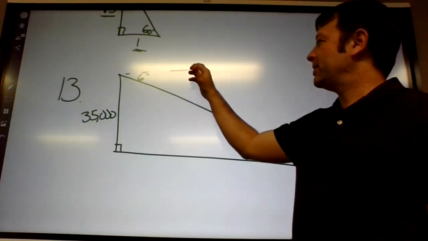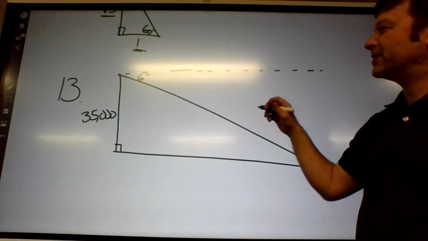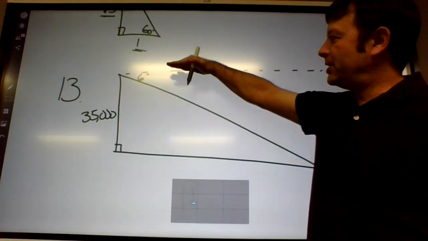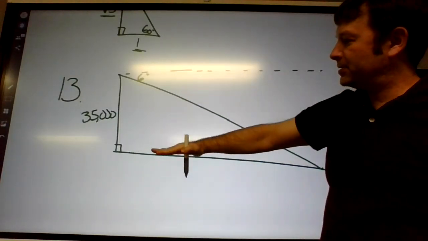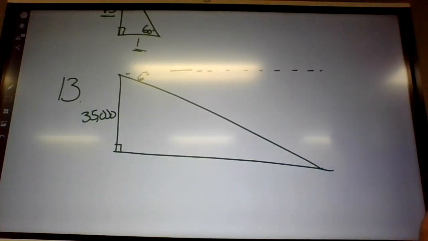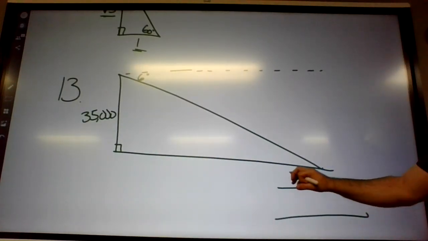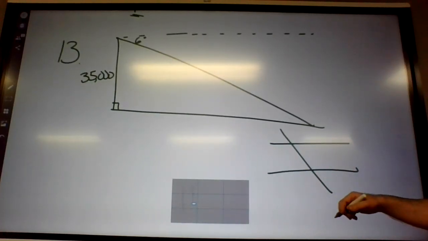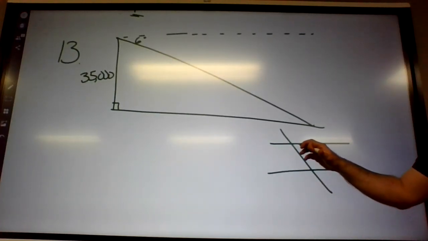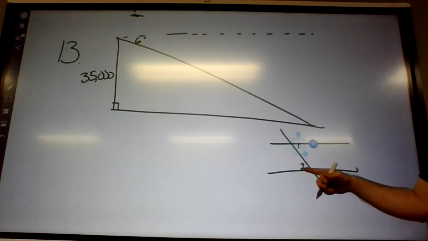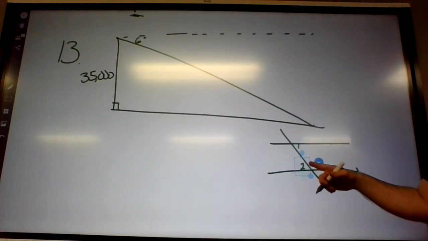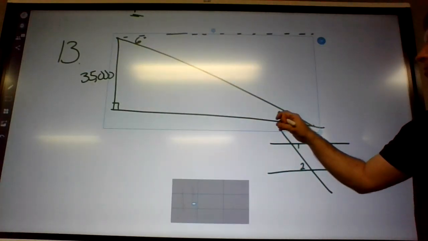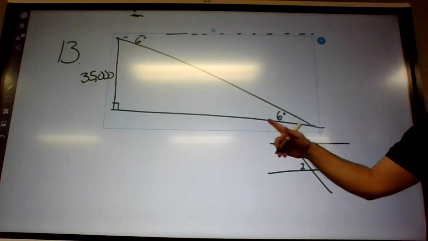Let's see if you guys remember a little geometry here. So this line and this line, what kind of lines are these right here? This line, parallel lines. So if you have parallel lines and a line that crosses those parallel lines, we know stuff about these angles. The ones that are across from each other, like these two, they're called alternate interior angles. They're the same. And in this picture, 6 degrees and this angle right here are alternate interior angles between parallel lines. So 6 degrees